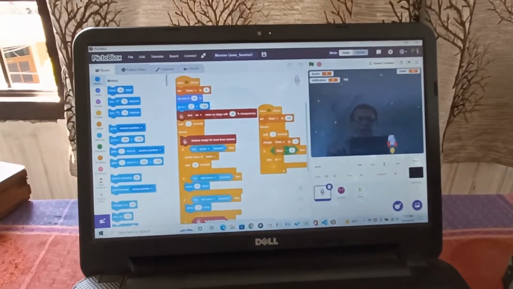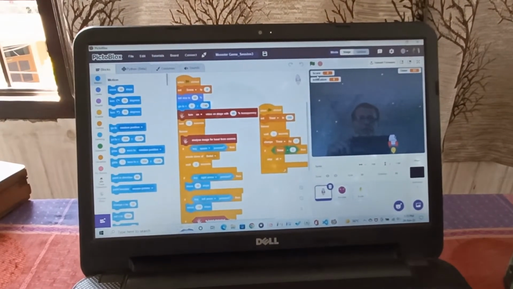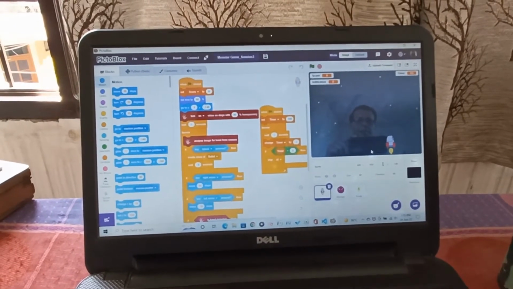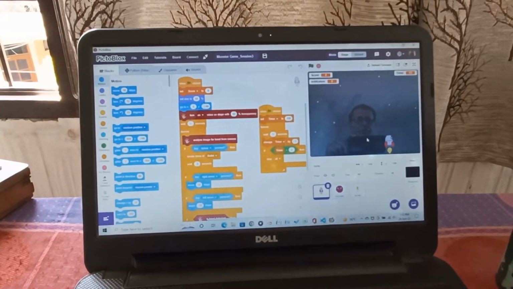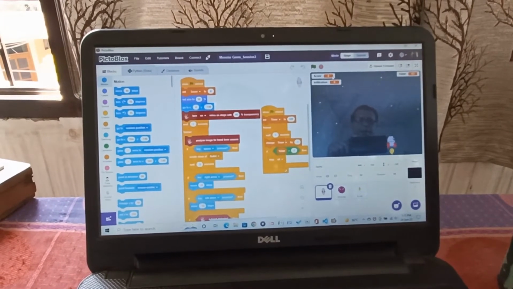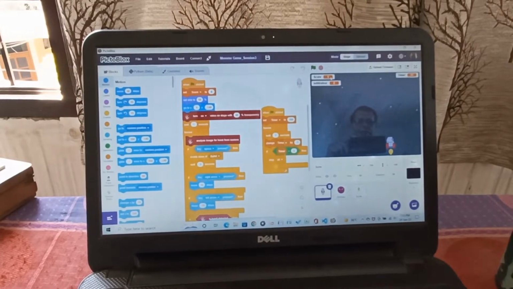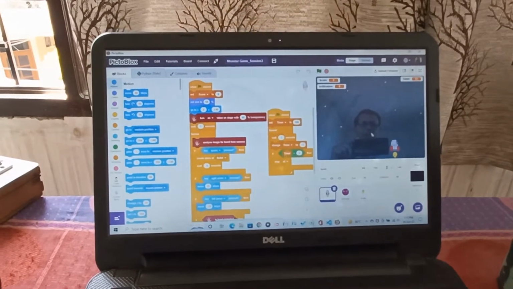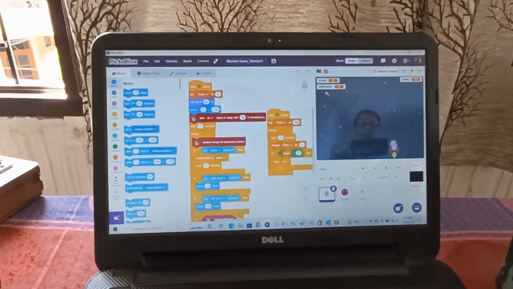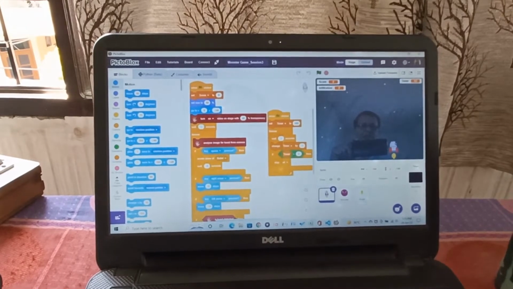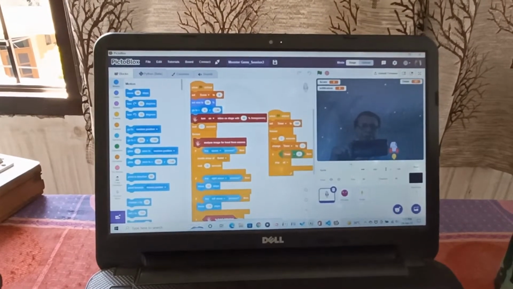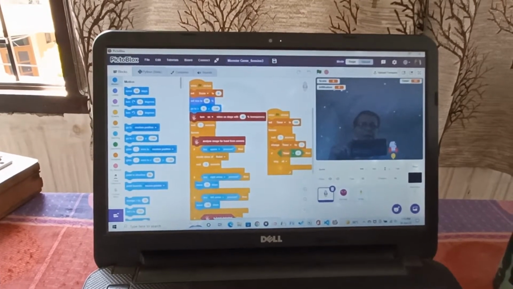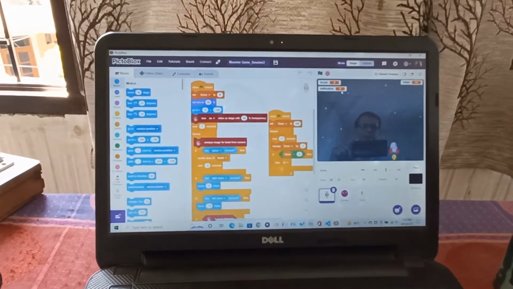In this project, I have introduced three variables: score, infiltration, and timer. If the rocket ship hits any monster, the score will be incremented by 1 after each and every hit. Similarly, if the rocket ship fails to hit the monster and the monster reaches the bottom of this window,